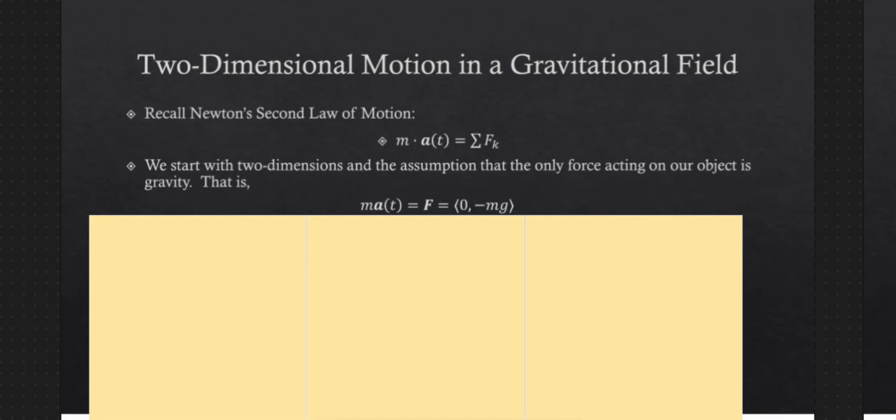Hello and welcome back. In this video we're working through an important derivation, the goal of which is to describe the motion of an object in a gravitational field. We'll be just starting with two-dimensional motion in this video. In a later video we'll work on three-dimensional motion. So just two dimensions here, and we'll be starting with just Newton's second law. We're going to derive the position function, velocity function, and acceleration function just from first principles, just from Newton's